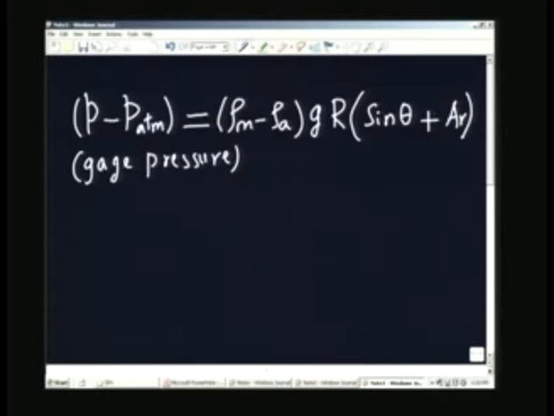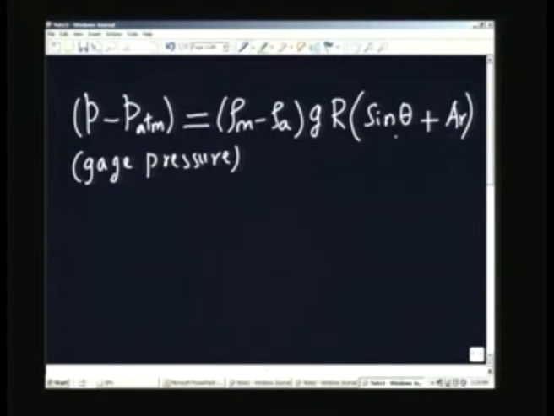And let me just look at this formula again. If theta equal to 90 degrees, it corresponds to the vertical tube case, 1 plus AR, and that is what we had in the case which we treated earlier. Therefore, if theta equal to 90 degrees, the inclined tube manometer becomes a vertical tube manometer, and this will become sin 90 equal to 1 plus AR. Instead of that, I have got sin theta plus AR. So, all I have to do is to plug in the values.